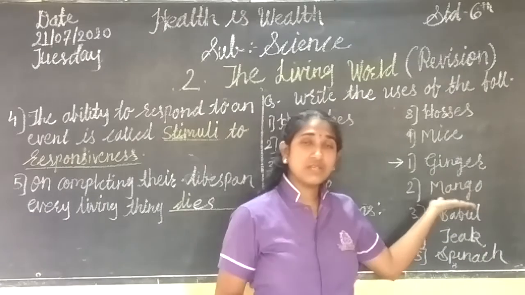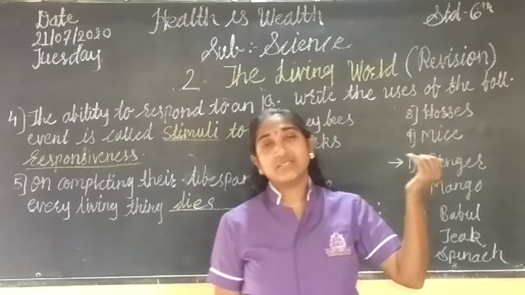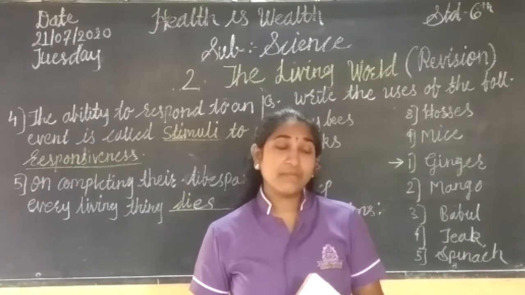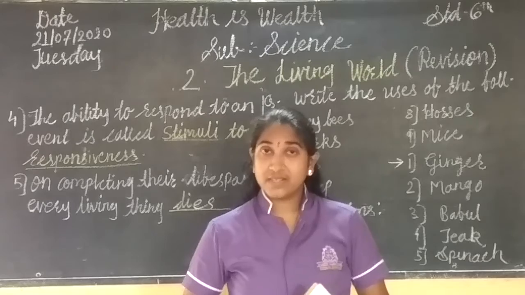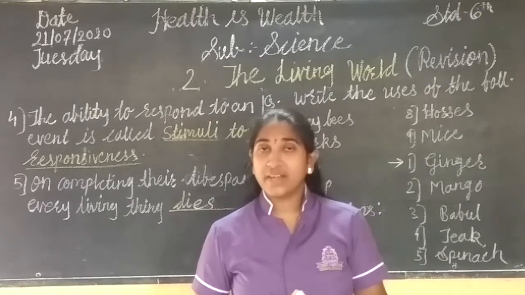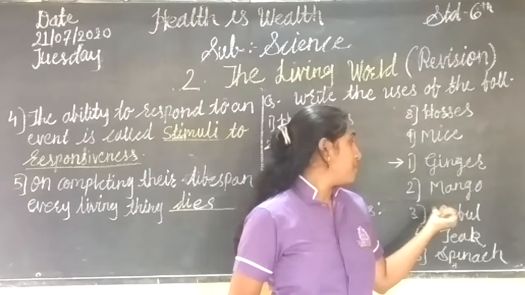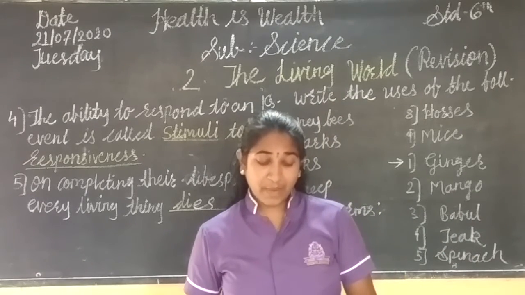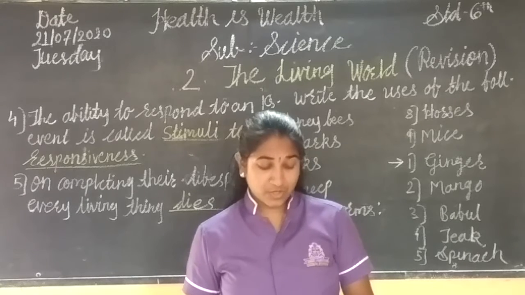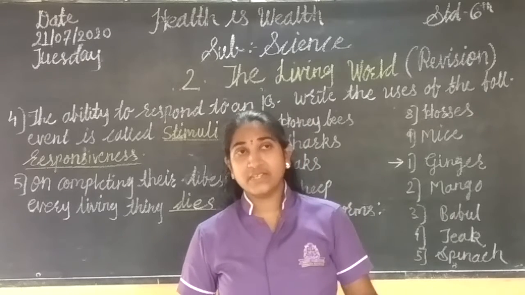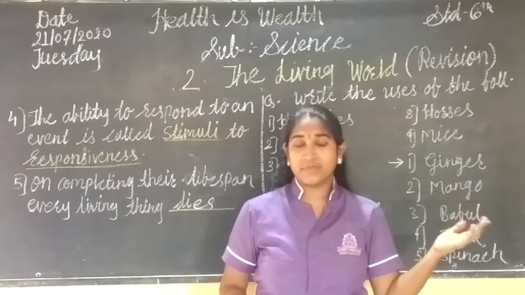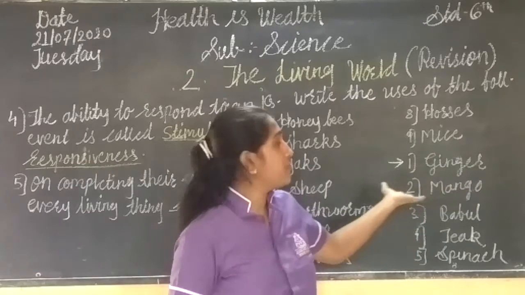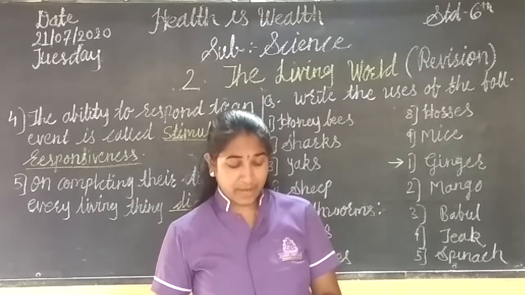See, mango is the king of fruits, right? Next, it ripens in the summer season. Then from the mango we can make pickles, we can make mango juices, right? Many things we can prepare from the mango. Then next, the leaves of the mango tree are considered sacred by Hindus and they are used in religious events. See, many times we saw that for worship, Hindus use mango leaves. So the leaves are also useful for worship of the mango tree.